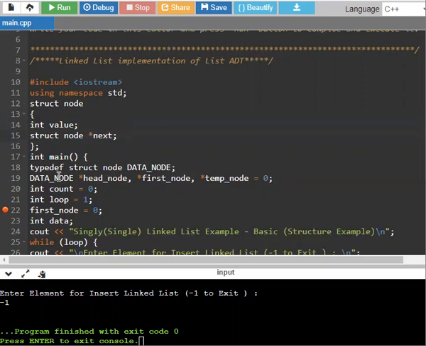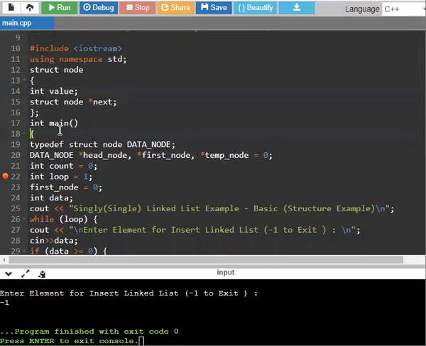So after the main function, by using typedef structure node, the data node will be created for getting the head node, first node, and temporary node. So the temporary node is initialized as 0.